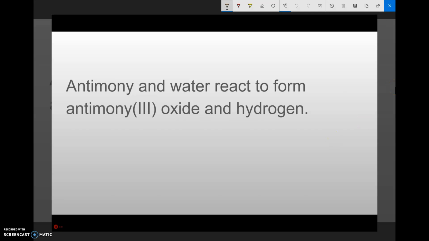So again, we want to underline the things, the formula. So we have antimony, and means plus, water, reactive form is an arrow, antimony 3 oxide is another formula, and is a plus sign, and then we have hydrogen. Okay, let's go ahead and write this out. Antimony is Sb on the periodic table, plus water,